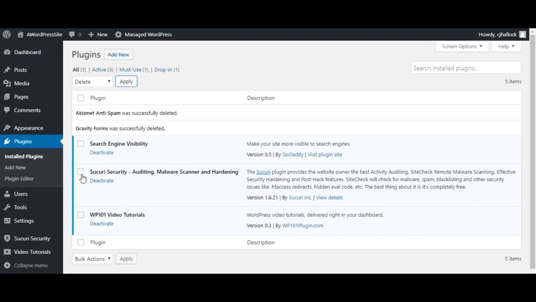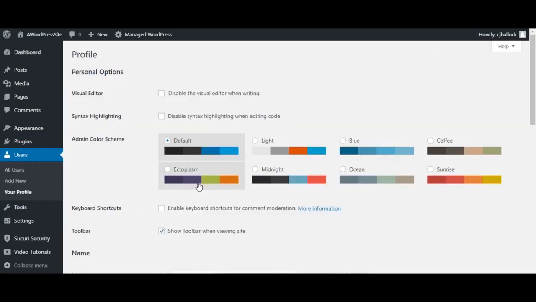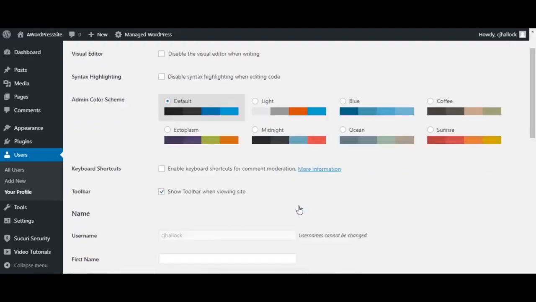So the first thing you're going to want to do is come down to Users and go to Your Profile. This is totally personal preference. I like to come in here and fill this out as much as possible while starting a new site. So when you're in the WordPress website, you want to make sure, especially when you're in the early building phases,